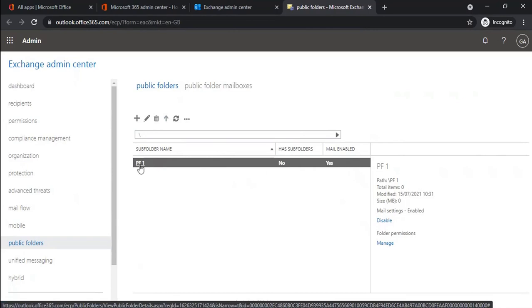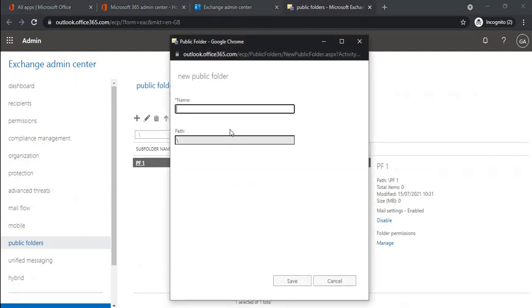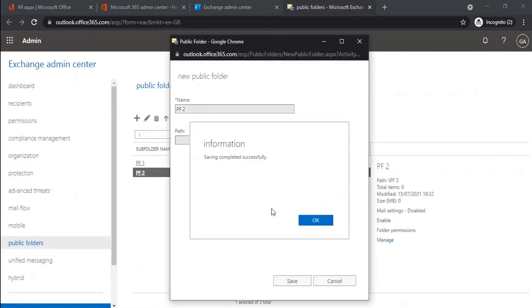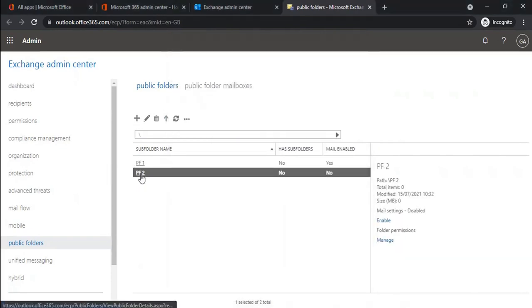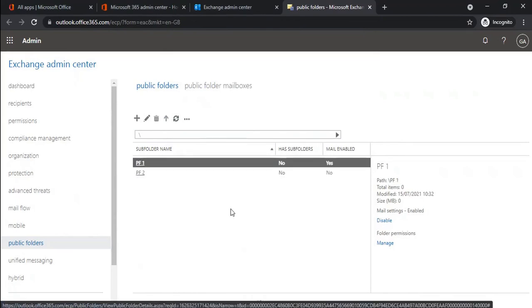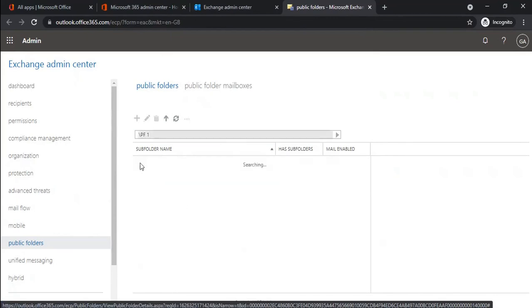So this is the root public folder that we have created. This is the first public folder. If you want to create another public folder, you can click on plus. Here you can type the name. Again, this public folder will be a root public folder because we haven't created a subfolder inside these public folders. If you want to create a subfolder inside a public folder, you can click on this public